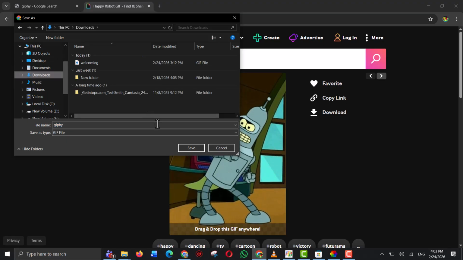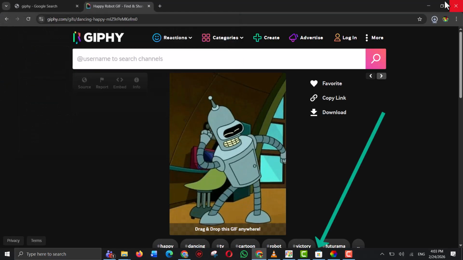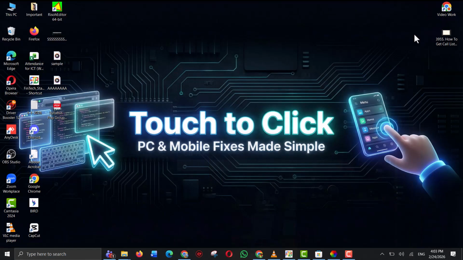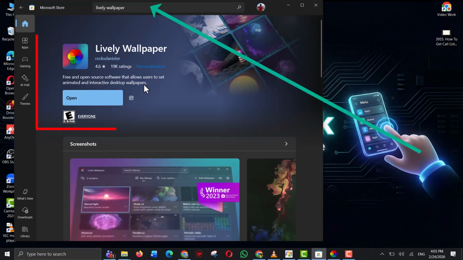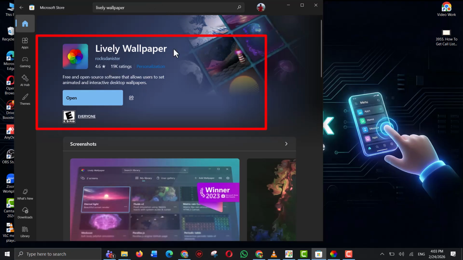the wallpaper. Step 3. Open the Microsoft Store from the taskbar or Start menu, search for Lively Wallpaper, select the app, and click Install because this application allows animated wallpapers on Windows 11, which the system does not support by